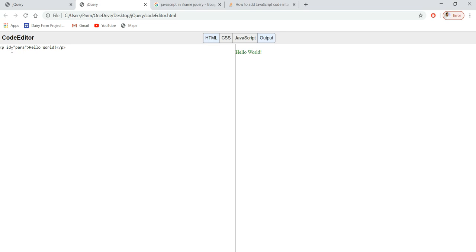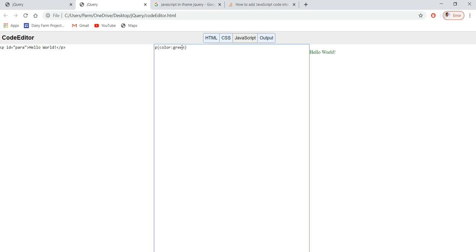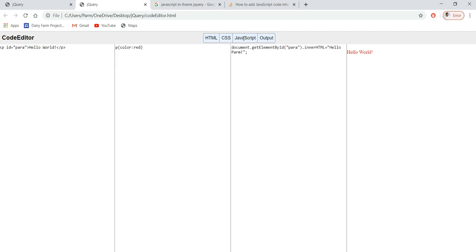So when we have this code editor, and here we have written a paragraph in which we have written hello world, and that is coming as output over there. We see CSS, and here we change its color to say red, so it's red over there. If you use JavaScript, then it's still not working over there.